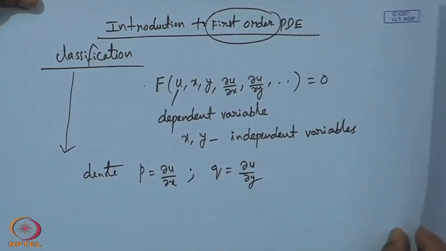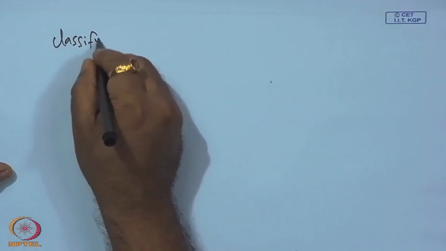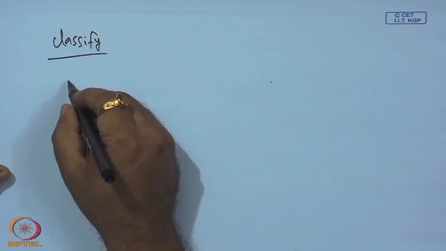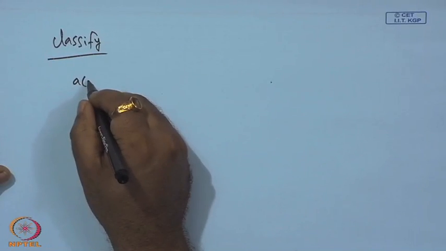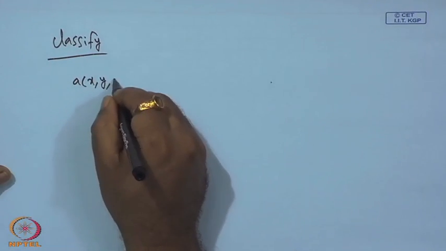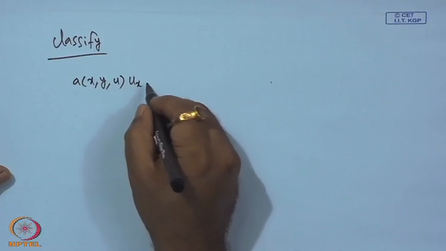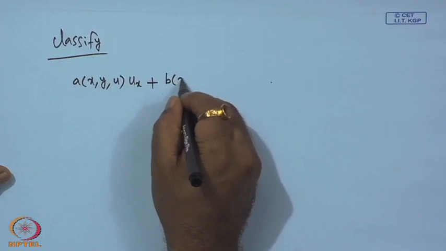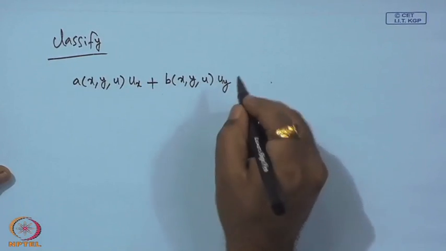So, now with respect to the standard notation, we would like to classify. Consider the form: this is the partial derivative with respect to x, partial derivative with respect to y,